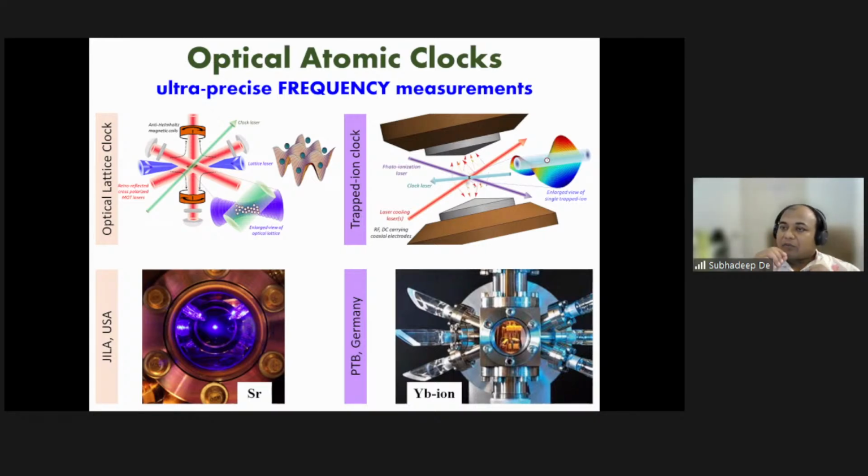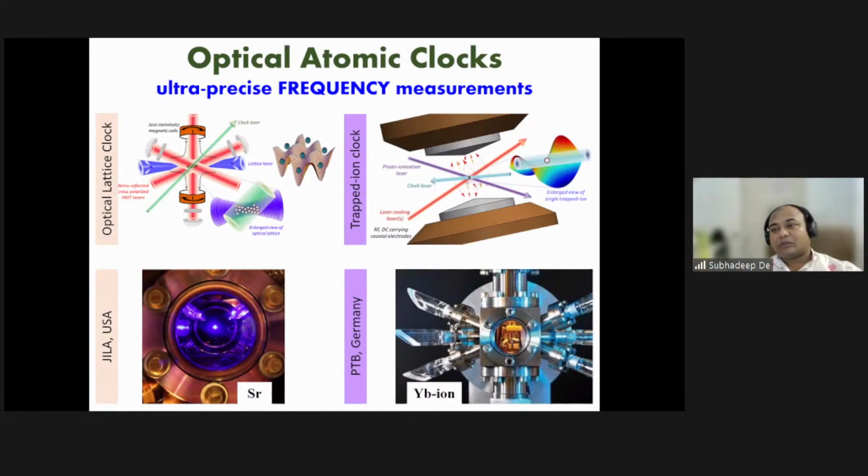and that you can confine in an ion trap, and you can build a clock on that. So principally it's the same, it's only atoms or ions, and then you drive the clock transition and you measure this nu zero very accurately. The only difference is, well, of course, ion and atom are different, but the other major difference is, in